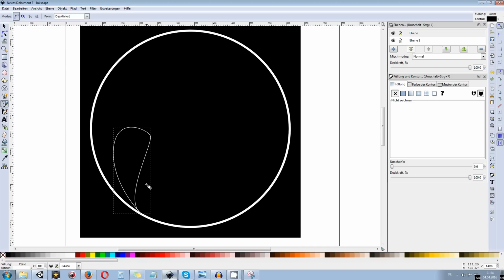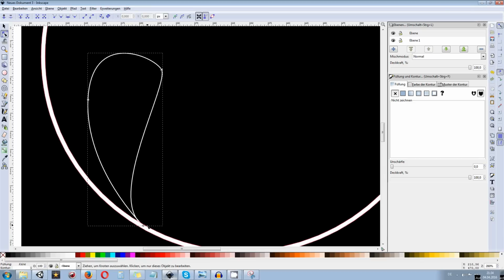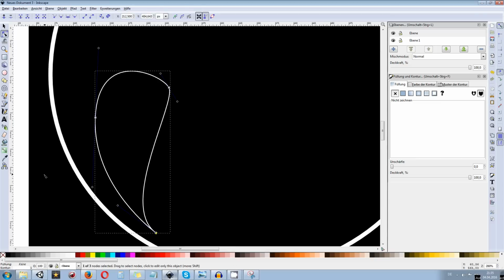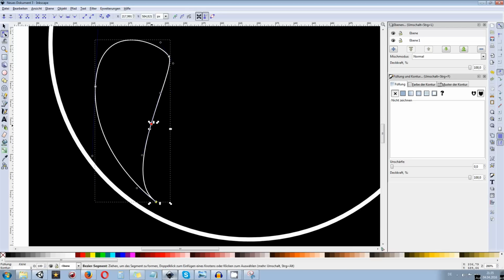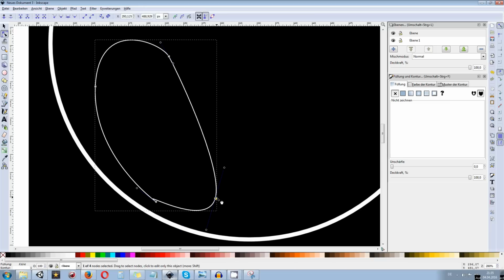What I can see right now is the outline of that shape, because the problem in here is it is closed already, but it's not finished. And also, since we have the black background, we want to make sure that we are able to see what we are doing. So if you want to have one or two more points in between, let's say this point and this point, we can just hold down Shift again to select both of those points and select the plus button over here. And of course, in the middle of that, over here, a new point will be created.